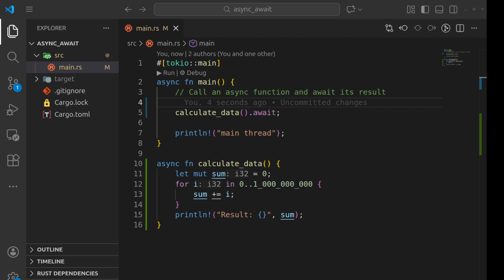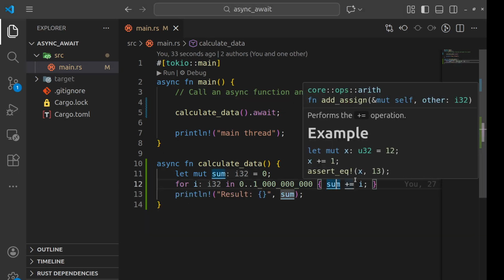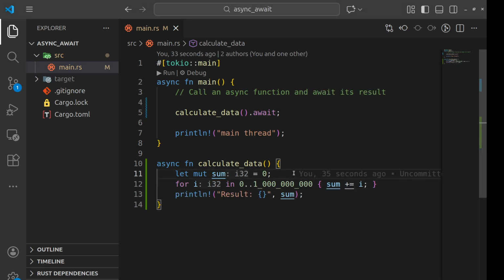If you have heavy CPU-bound work, you must offload it using Tokio task spawn_blocking. This moves the heavy work to a dedicated pool of background threads, keeping your async executor fast and responsive. So now let's implement the Tokio spawn_blocking function,